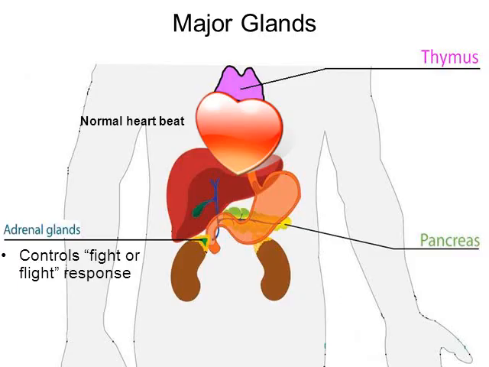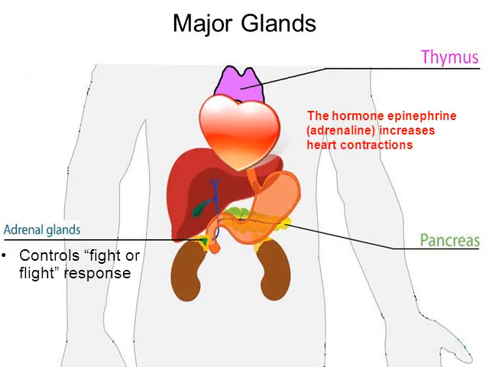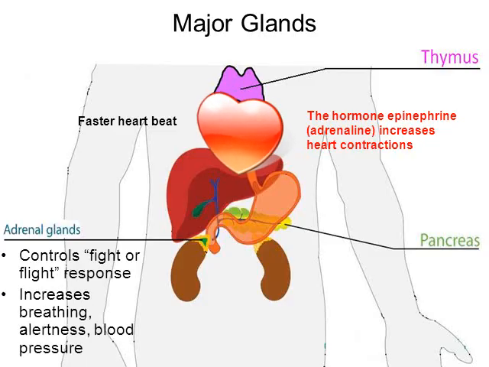So here we have a heart beating normally. Well, when you're startled, when you have a threat, your adrenal glands are going to respond by releasing a hormone by the name of epinephrine. You might have heard epinephrine called adrenaline. They're the same thing. And what happens in the animation, you can see our heart has begun to beat faster because epinephrine causes your heart rate to increase. This increases our breathing, our alertness, our blood pressure,